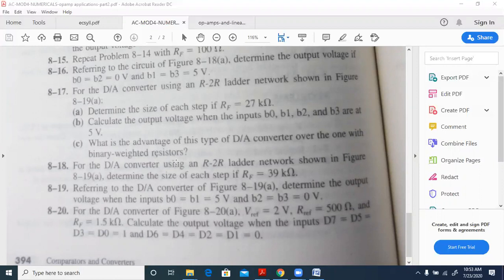Just check that. 128 plus 32 will become 160, I think. It is 169, not 149. Okay, it will be 169 only. 2 to the power of 5. For D5 equal to 1, you'll get